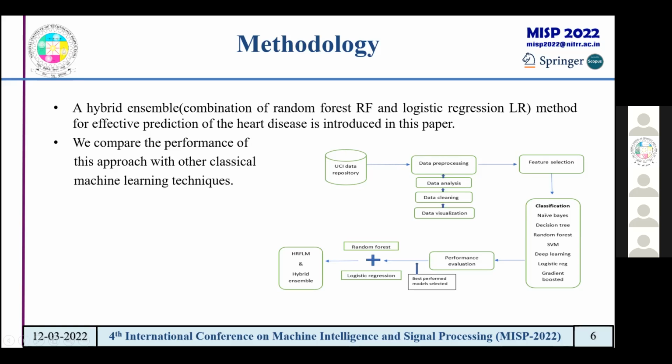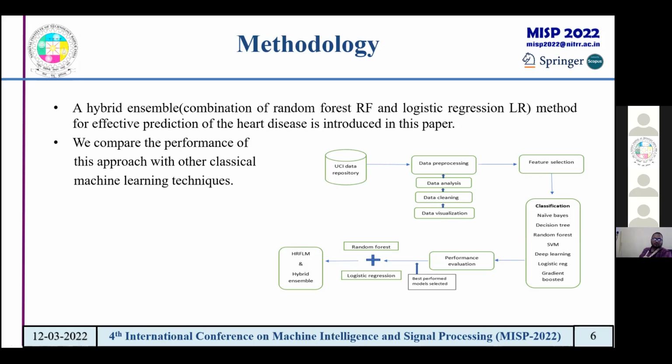In feature selection, we took all the features. I mean, we considered all the features. Exactly, we did not do any feature selection, as we considered all the features. This is one of the plus points of the paper. We wanted to take all the features instead of taking only the important features, and then we come to the classification. We implemented all the classification algorithms, and we did the performance evaluation using many performance metrics.